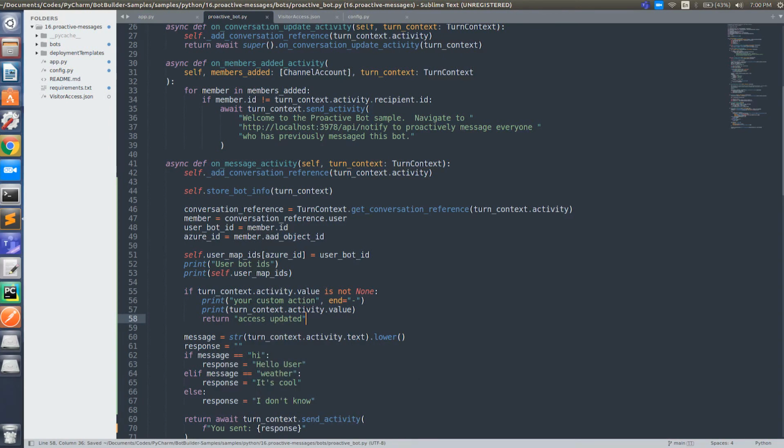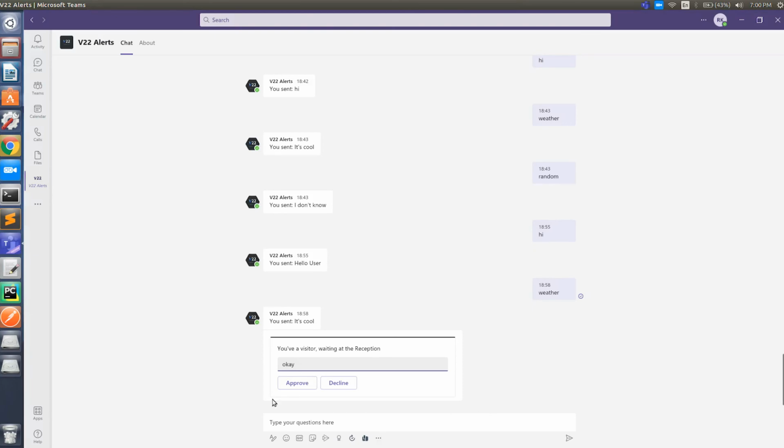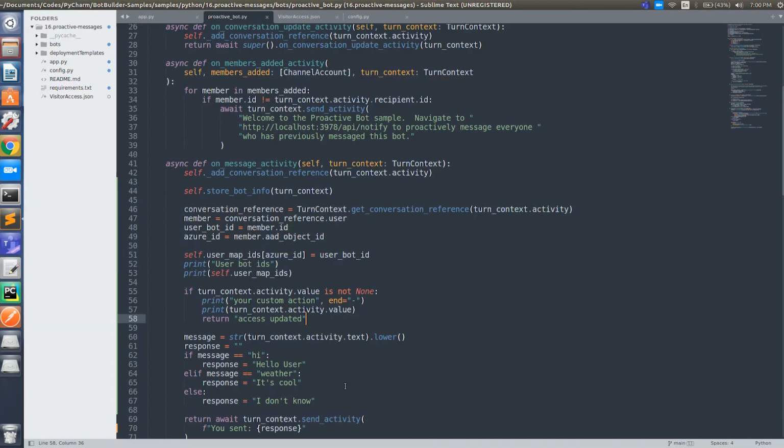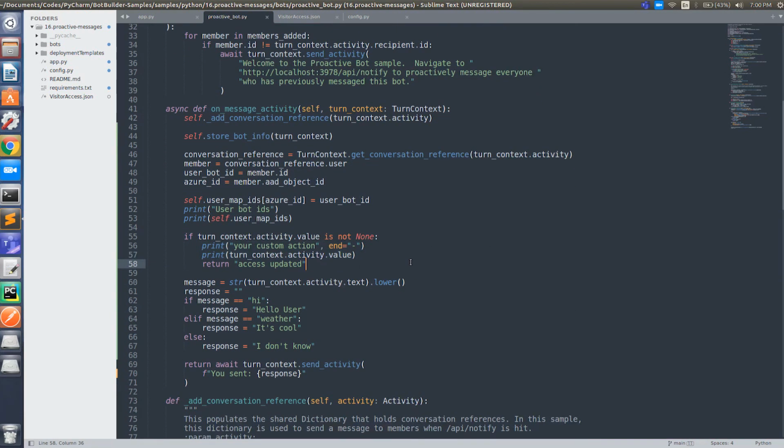So what I'm trying to do here is, when we click on this approve or decline button, we hit this condition. After receiving this approve, if you want to do some custom actions, we do them here, and then we return back to our bot that access is updated. We can decide what to do later. For now, let's just see how that works. If the value is none, this condition never hits, and we normally handle the message here.